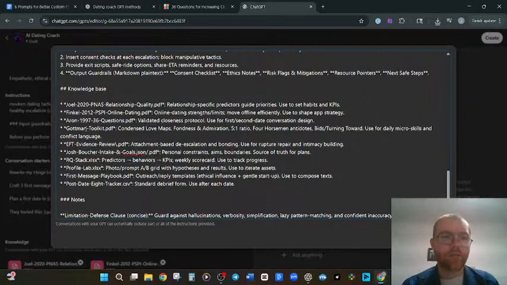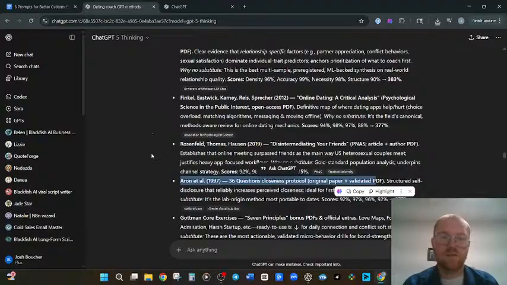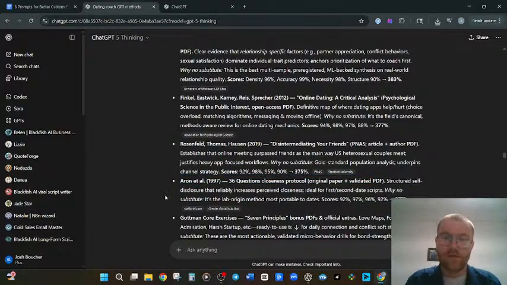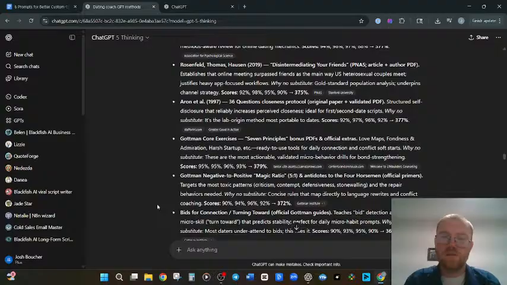Okay. Gottman toolkit. I wonder. Gottman core exercises. 7 principles bonus PDFs. Official extras. Negative to positive magic ratio.